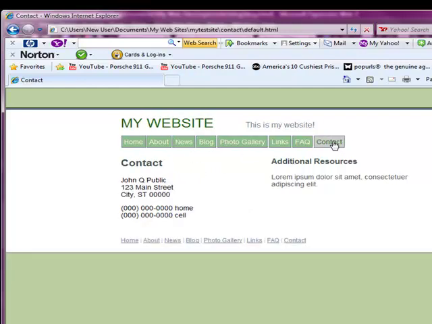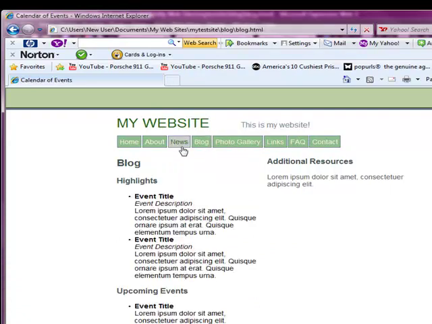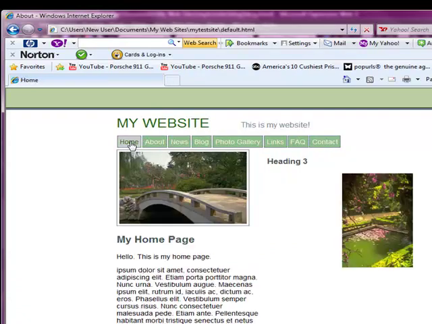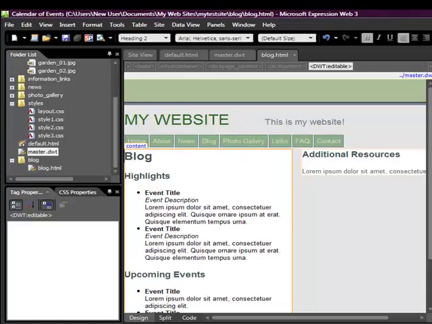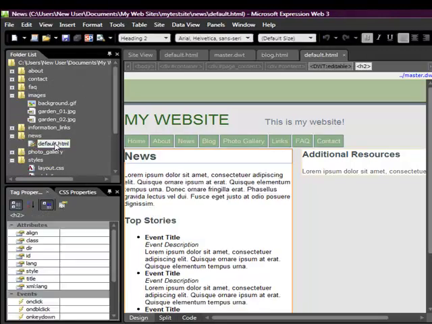So let me show you one more thing before we kind of wrap this up. This hasn't been uploaded to the server. This is just in the preview section of Expression Web. So you can see we can go into any page, like let's say news. We'd like this news category. We can just add our content, whatever we want, and we just rename the folders and the pages, and we go into, as we customize